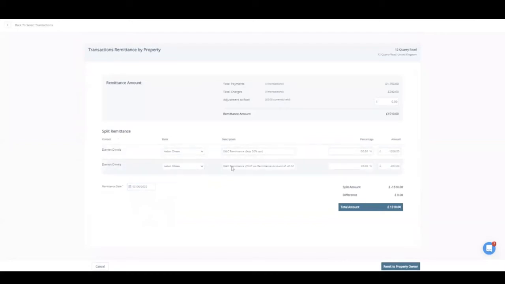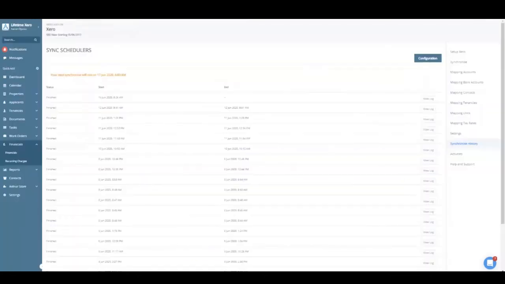To add a split remittance, whether you have two property owners in one company which get different parts of the payment, or if you have withheld tax for a property owner, then you can add these split remittance types here. To get there, what you want to do is head to contacts,